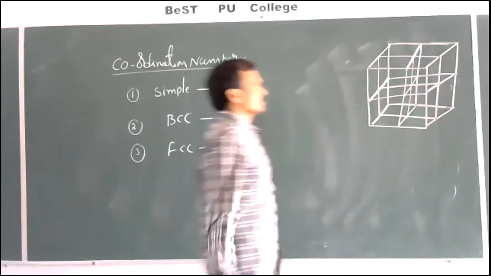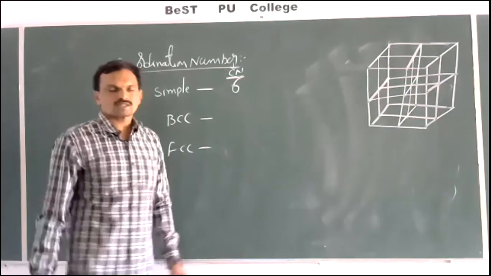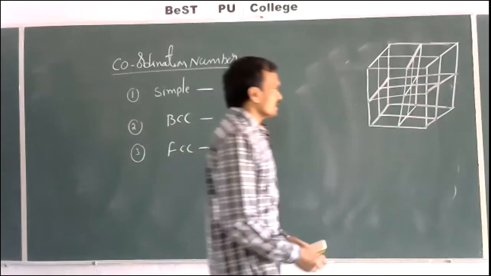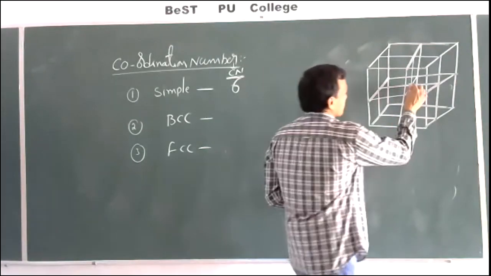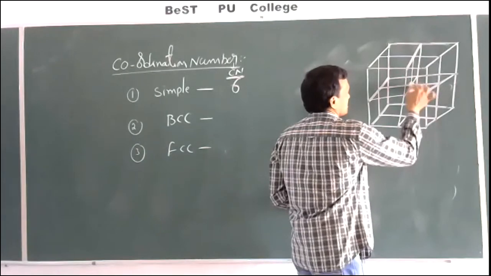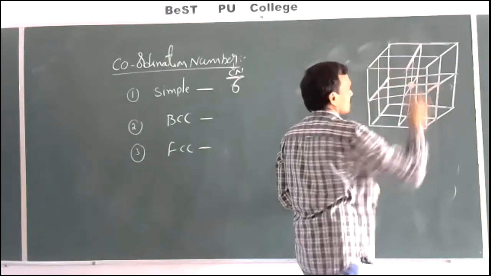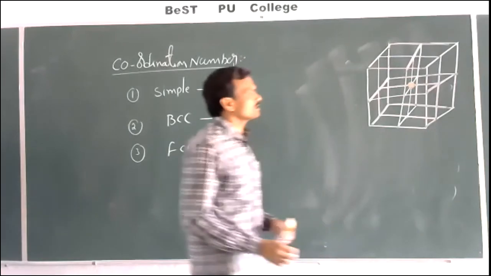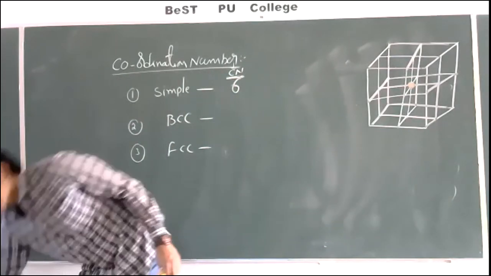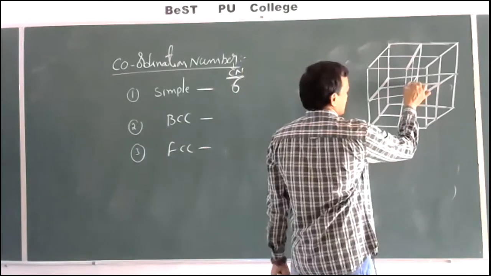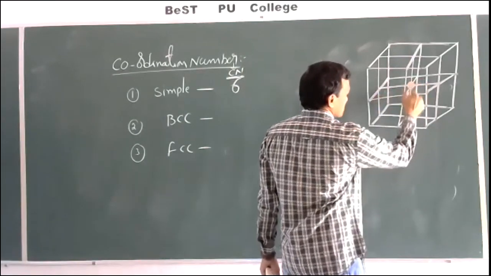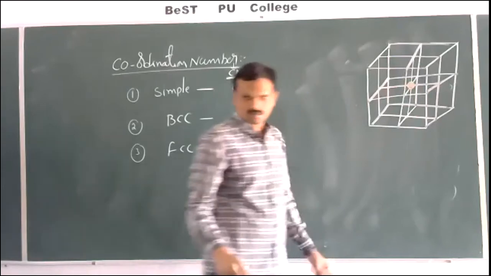Yeah, just here. So this is a combination of 8 cubes. Now, if I select one particle at this corner, I have considered one particle. Now, this is in contact with how many particles? This is a corner particle, right? This is the corner particle of this one simple cube, a combination of 8 cubes.